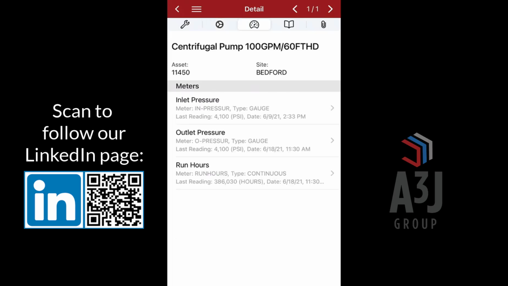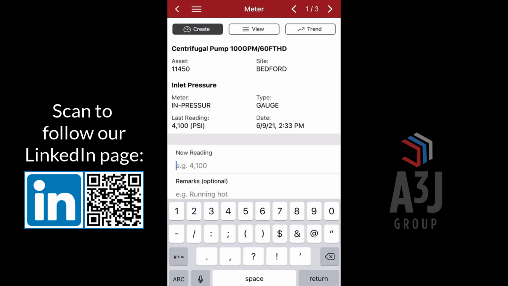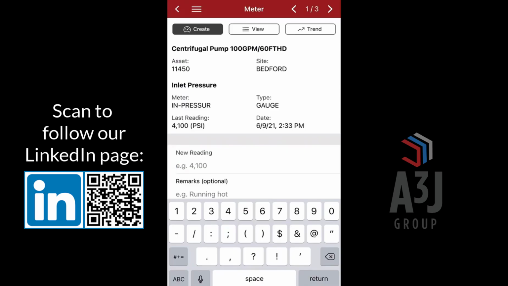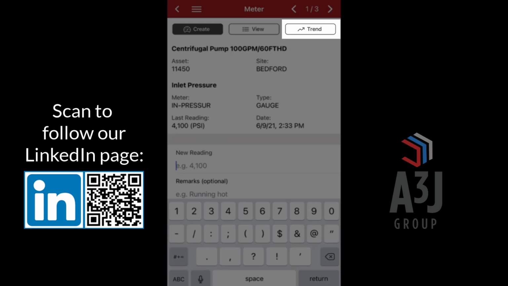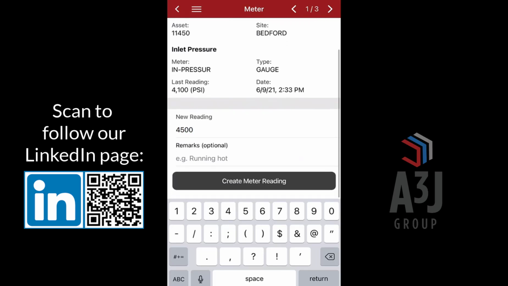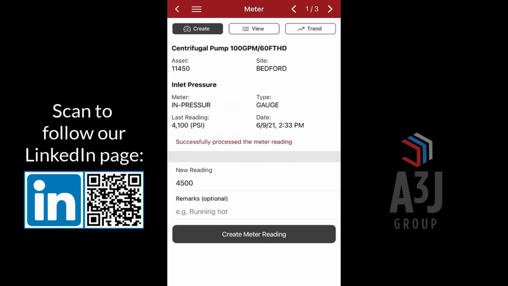The third tab, we have a list of meters that are available for that asset, and I can click into each meter and do one of three things. I can create a new meter reading, I can view historical meters, and I can trend those historical meter readings over time. In this case, we'll enter a new meter reading, click the Create Meter Reading button,